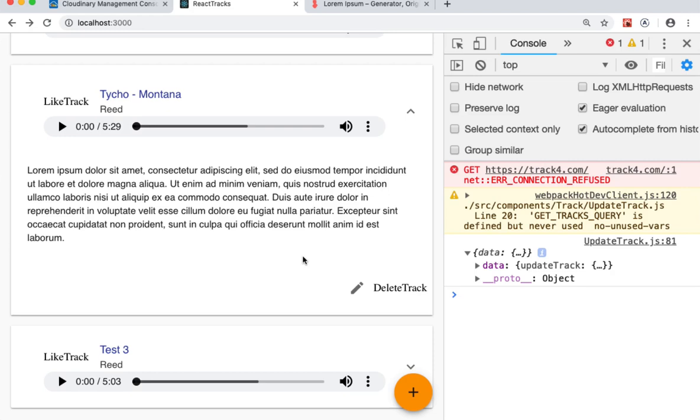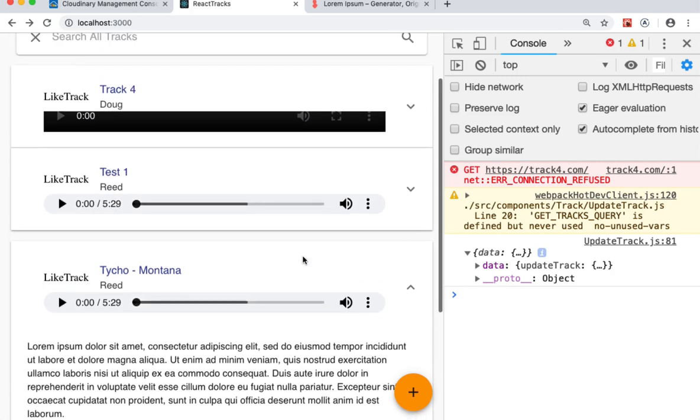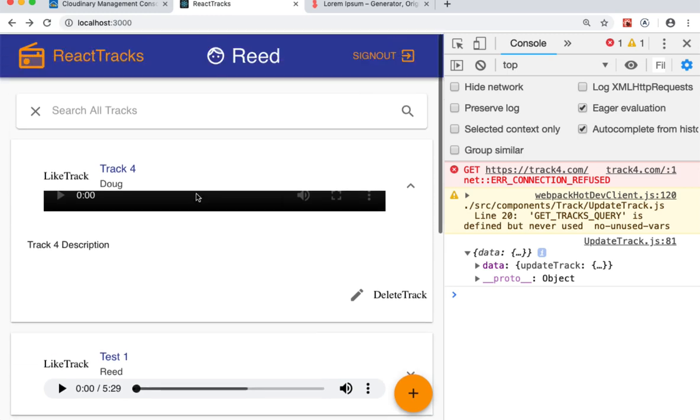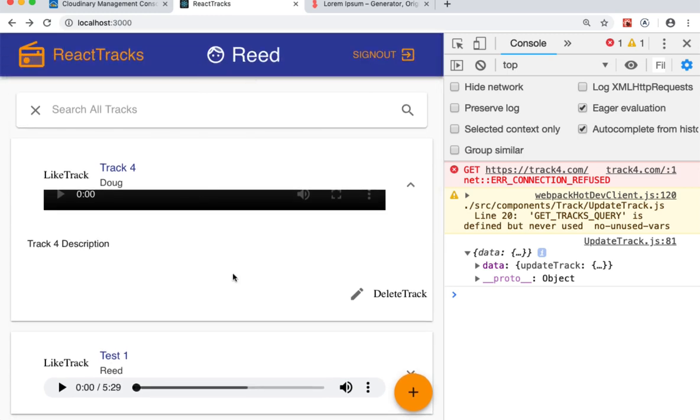So now we're able to update individual tracks, and that's great. However, you might have noticed a problem, particularly if you have tracks from multiple users. What we're doing is we're providing the update track component to every single track, whether or not a given authenticated user was the one who created the track. Obviously, we only want the ability